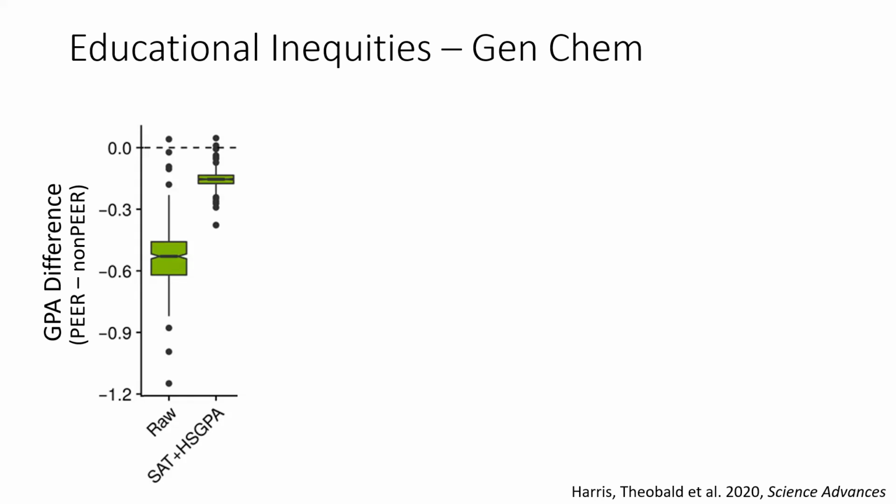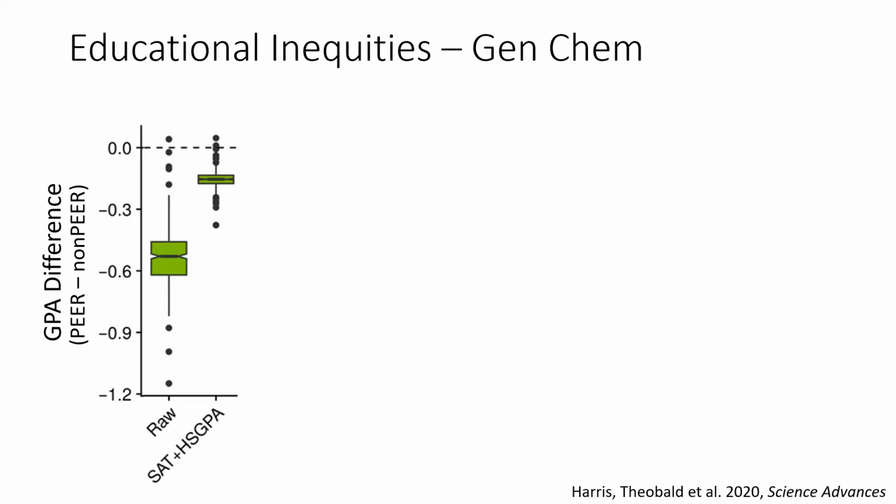I think the other thing that is interesting to note is that the raw disaggregated difference in GPA in the first quarter of the Gen Chem series is almost half a GPA point, but how the grades work in chemistry, it works out to be about half a standard deviation also. And that is identical to the difference in 8th grade math performance between Black and white students. So this educational inequity is not changing between 8th grade math and when we come here.